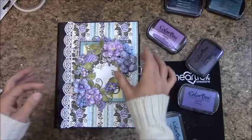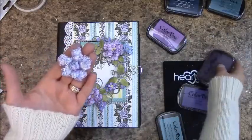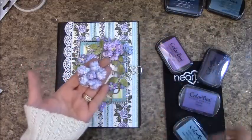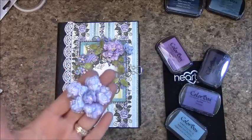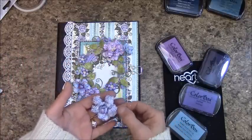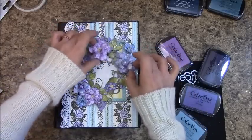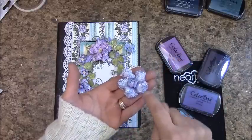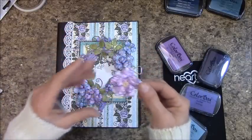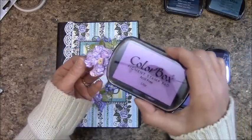And this one has a little more blue. It was stamped with Plum and lightly gone over with the Lilac, and then at the ends was the Robin's Egg. Now this one I've got the Wink of Stella on it, and I did add the Diamond Stickles. This larger flower has two of the largest petals that were die cut. Then I went to a medium, and then a size smaller and created the bud inside on that. Okay, this one was stamped with Plum, and then it was brushed with Lilac,